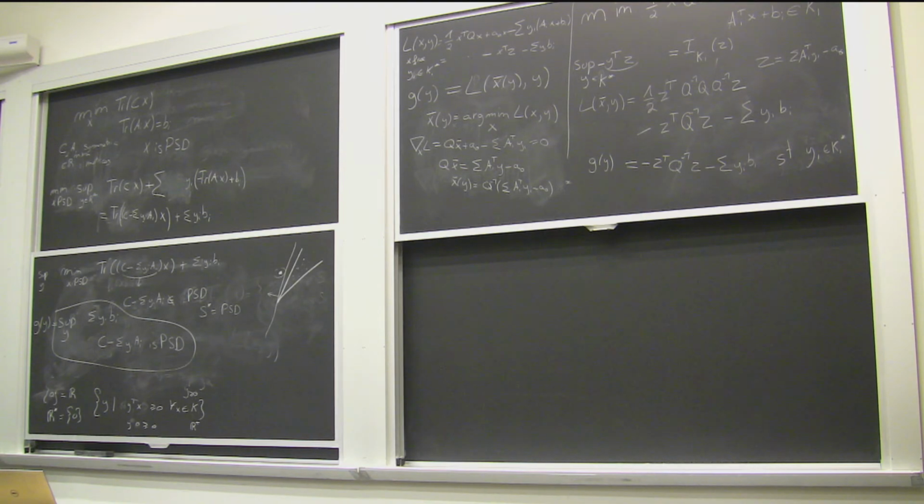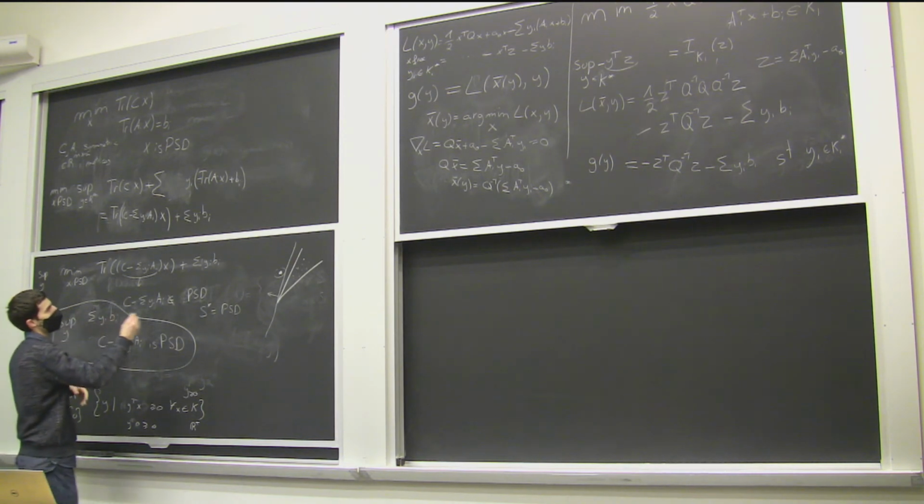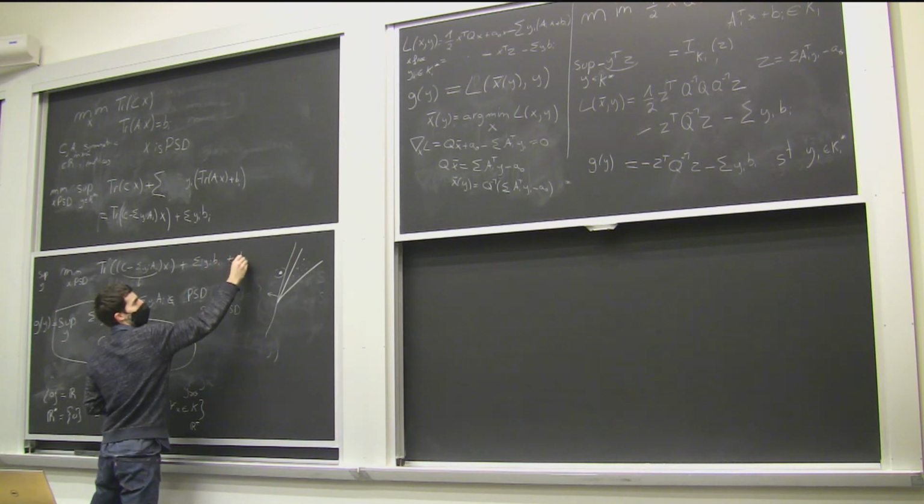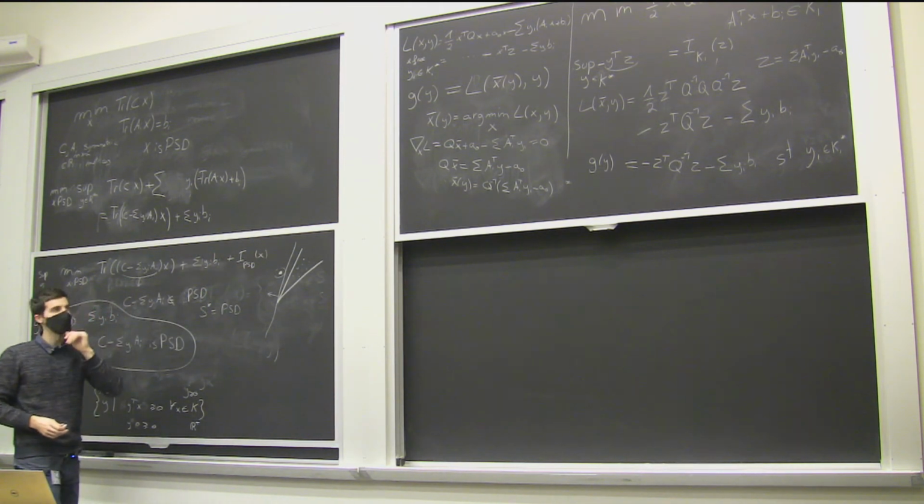Can you repeat the question? Why do we put the constraint on x here, and why don't we, in the Lagrangian, add the indicator of PSD of x and try to do something? If we had done that, what would have happened is that